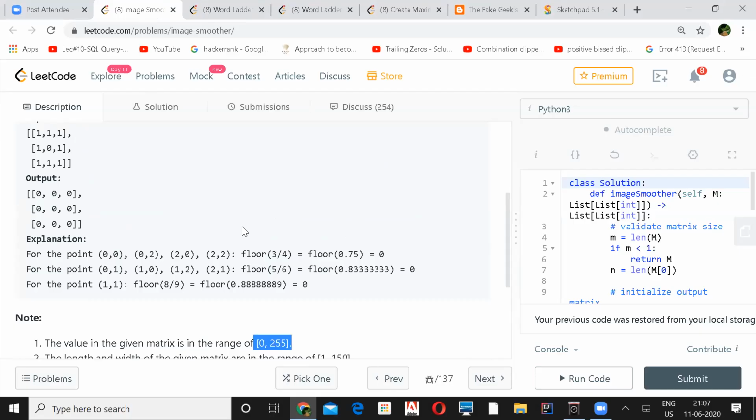This problem looks pretty straightforward, I think. I think we can just loop over all the values and take the neighboring 8 values, sum them, and then divide by 8 or by 6, whatever, based on the conditions, and simply put the value there. It's n square time and n square space, it looks pretty straightforward. Do you want to share code? I'll just see if I've done it. Just a minute.